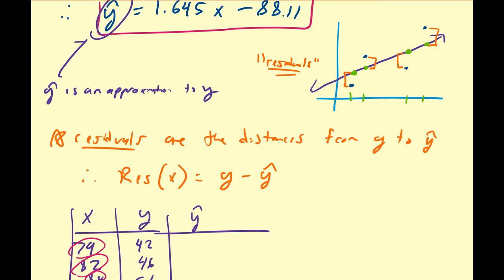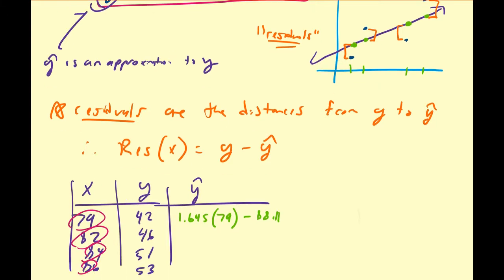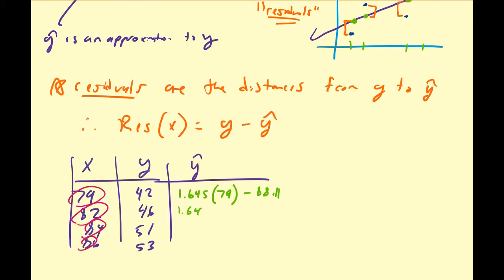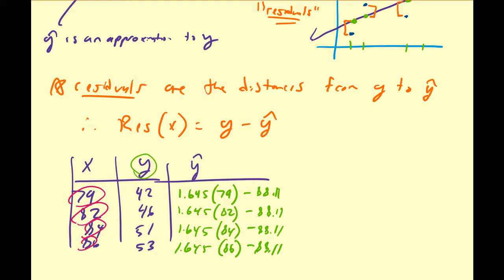So the first is 1.645 multiplied by 79 minus 88.11. The next is 1.645 times 82 minus 88.11, then 1.645 times 84 minus 88.11, and 1.645 times 86 minus 88.11. This is the approximation that our model gives to the value of y, and it comes out to 41.83,